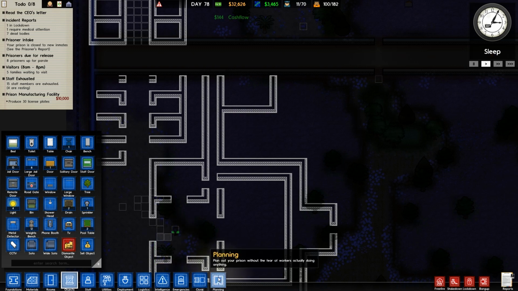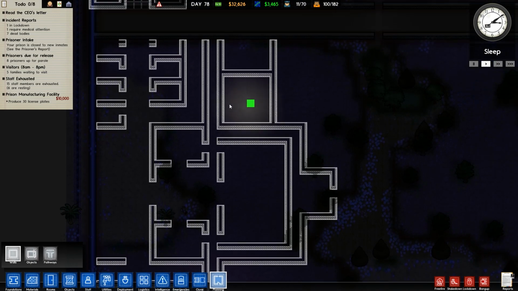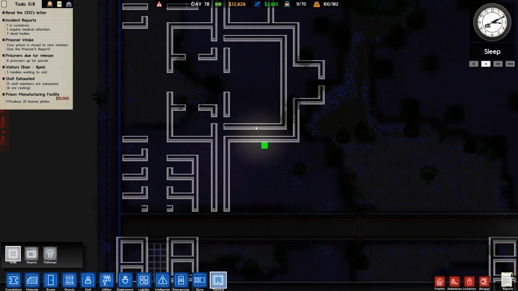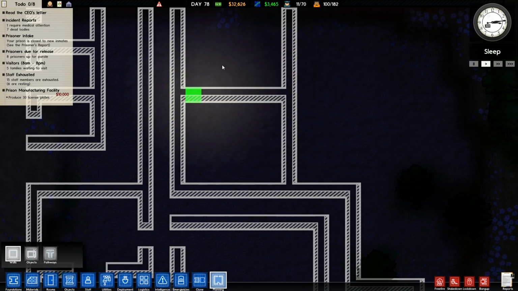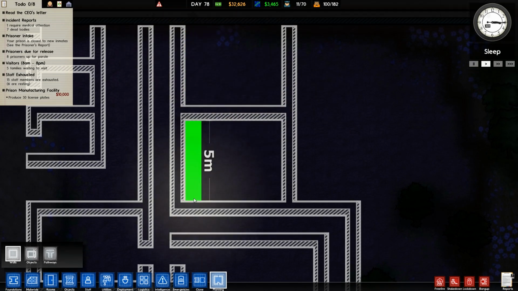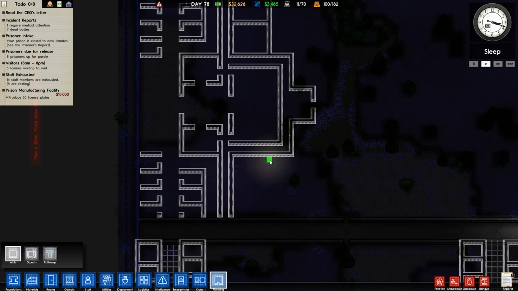Right, if we go back to planning, walls, we set this up as an infirmary. That's pretty good. Or we can set it up as a kitchen. Yeah, infirmary's fine. Do we want to set this out so it's even? Can it be even? 5, 5. There we go. It's even. Fantastic. Now, if we do the same on this other side...